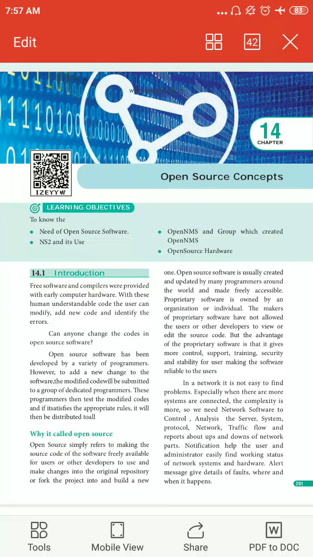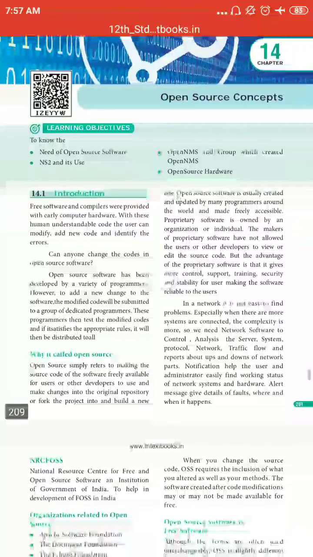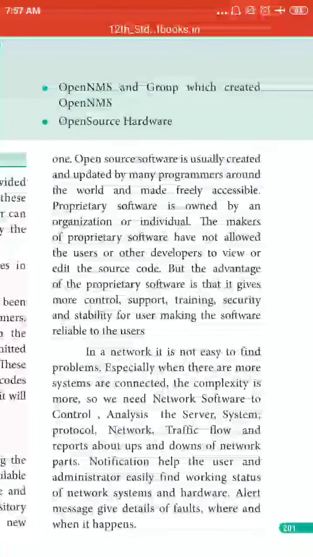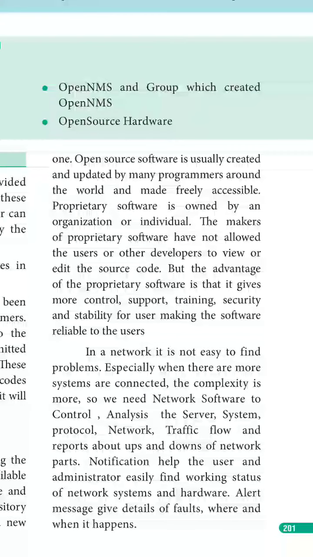Open source software is usually created and updated by many programmers around the world and made freely accessible. Proprietary software is owned by an organization or an individual.